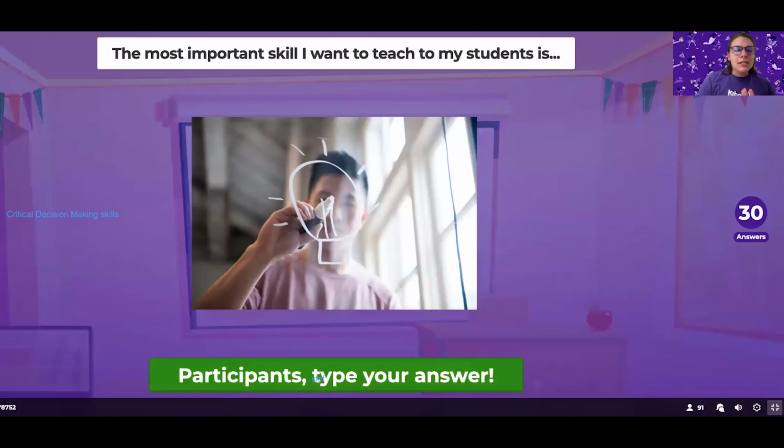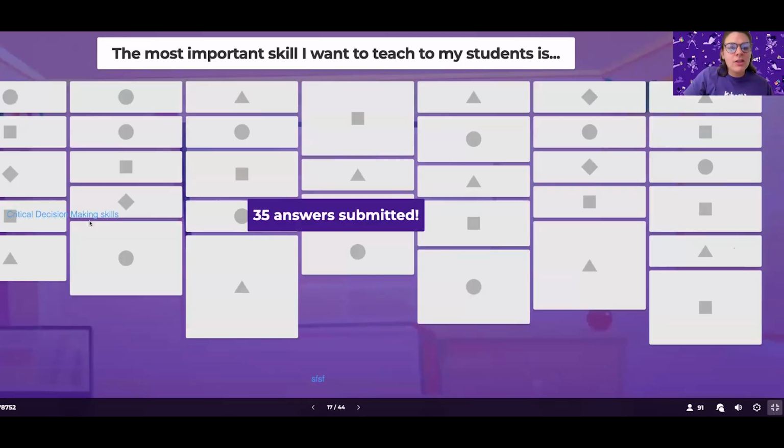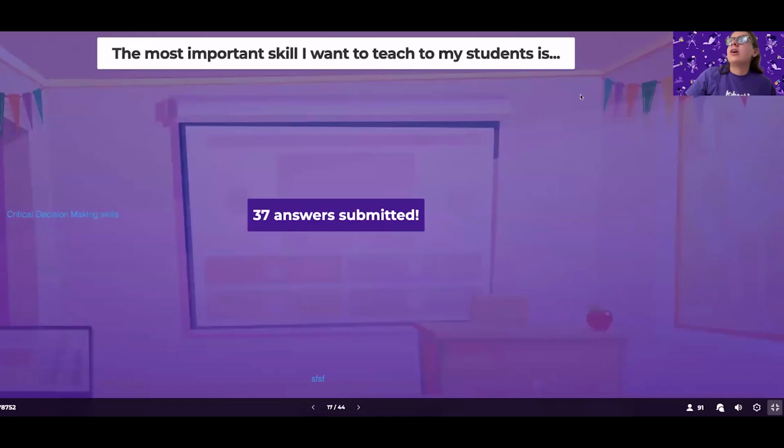All right, so important skills being critical thinking, small amounts that build with time, critical decision-making skills, knowing how to use your brain instead of just automatic responses. I agree. We have 30 answers already coming in just our last session so far. Someone added in a note, critical decision-making skills. Students just want to Google or search everything, being lifelong learners.